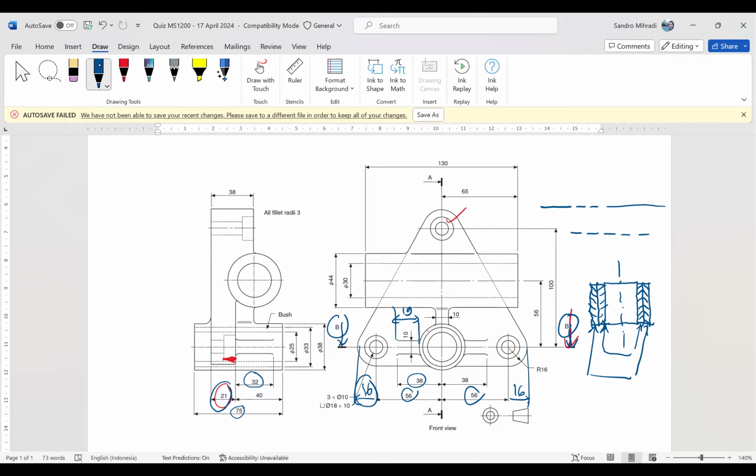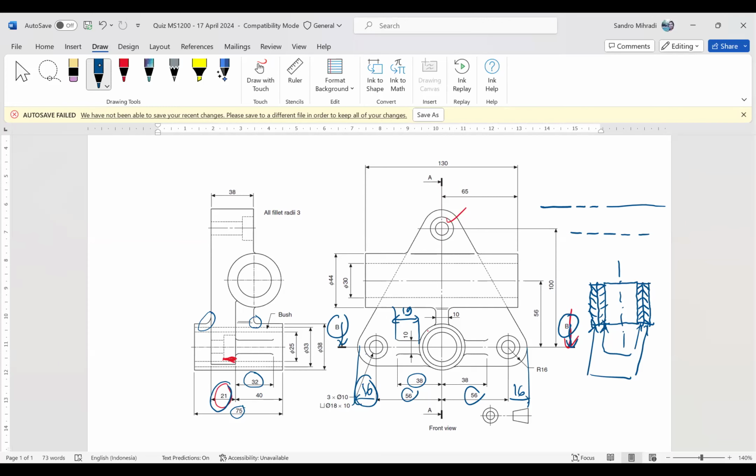Pak, itu kan kayak ada lengkungan ketika silinder yang besar itu bertemu dengan part yang datar, kan Pak? Maksudnya lengkungan ini nih, iya, fillet. Itu berapa Pak ukurannya?